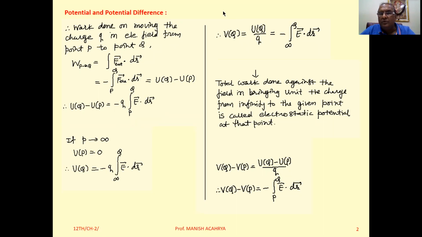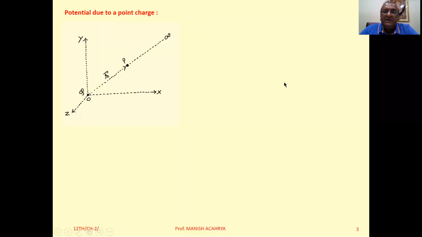Clear to all of you? In chapter number 1, we discussed the electric field due to a point charge. Exactly like that, now we have to discuss electric potential, or electrostatic potential, or simply potential due to a point charge. Now, suppose we have a point charge capital Q, which is at the origin of